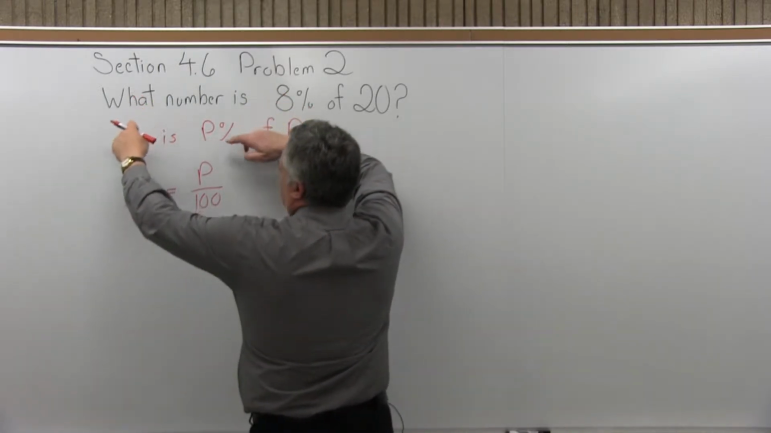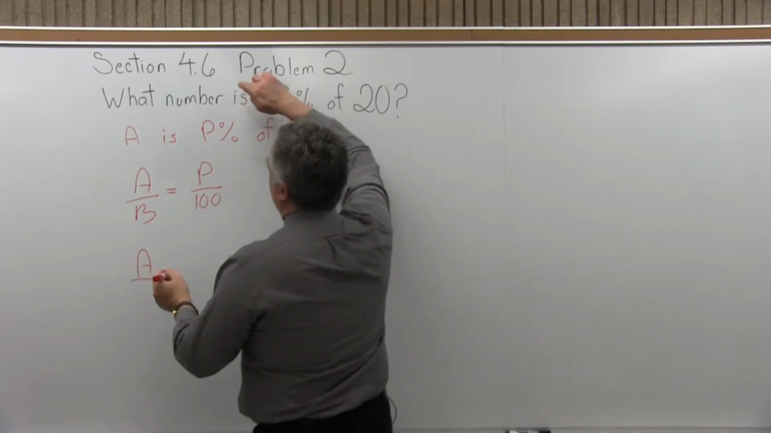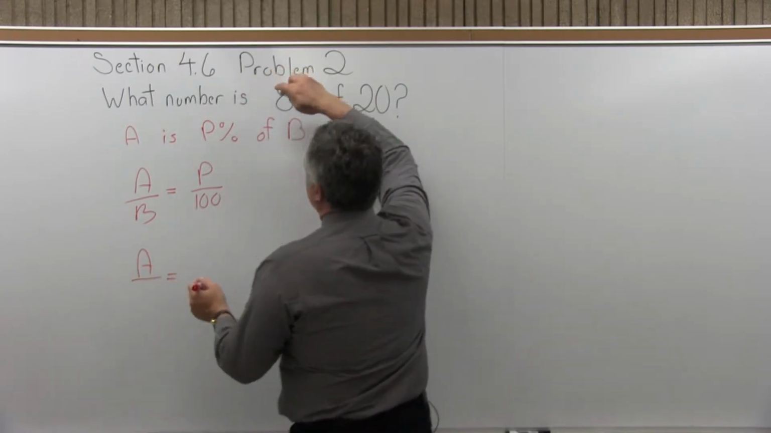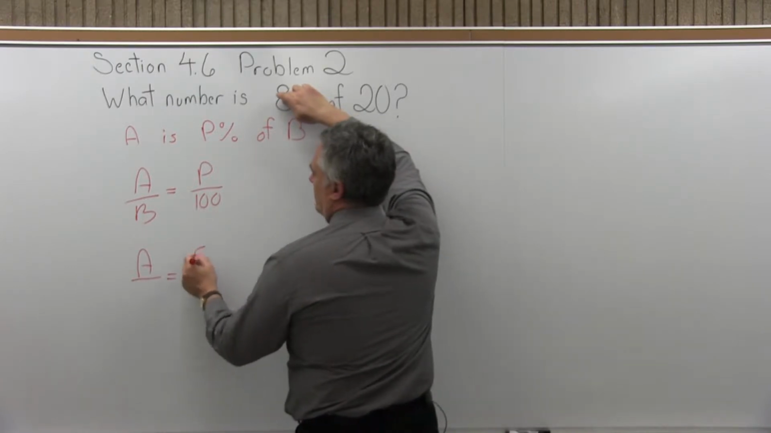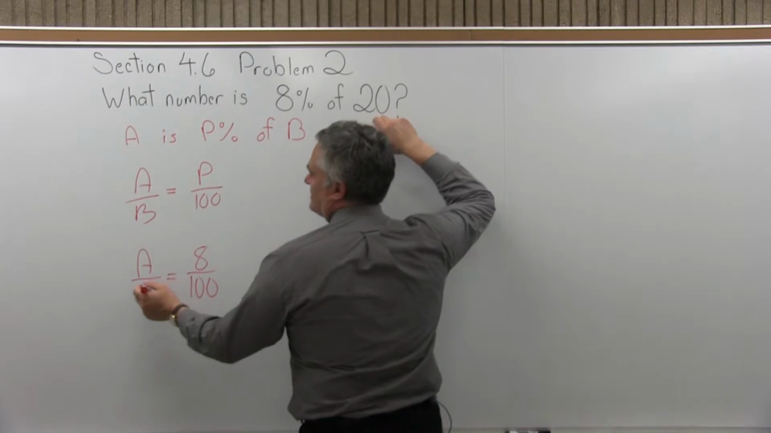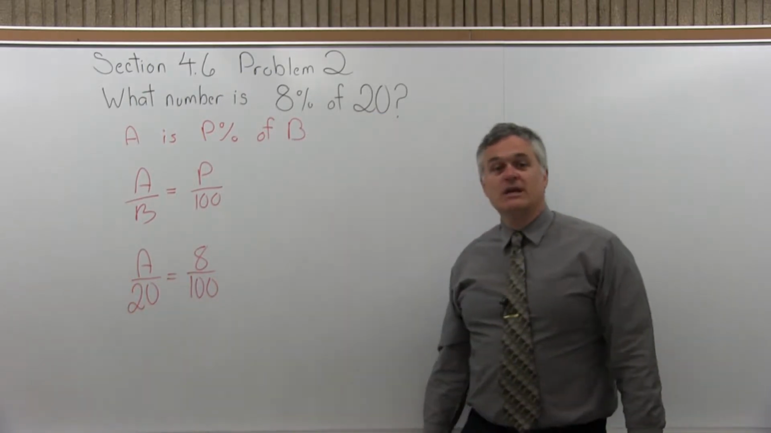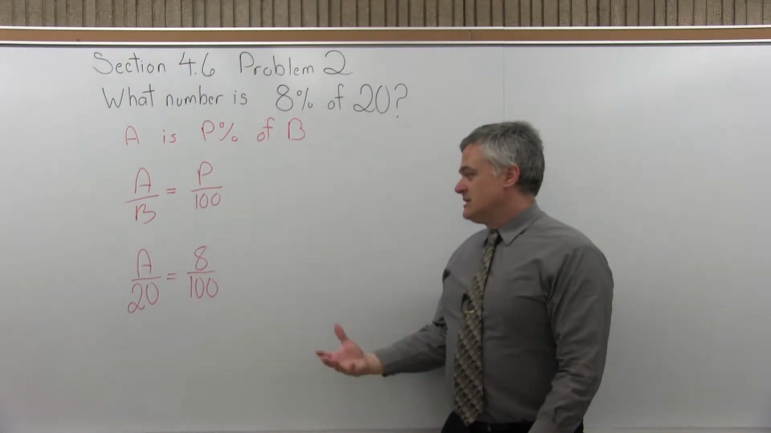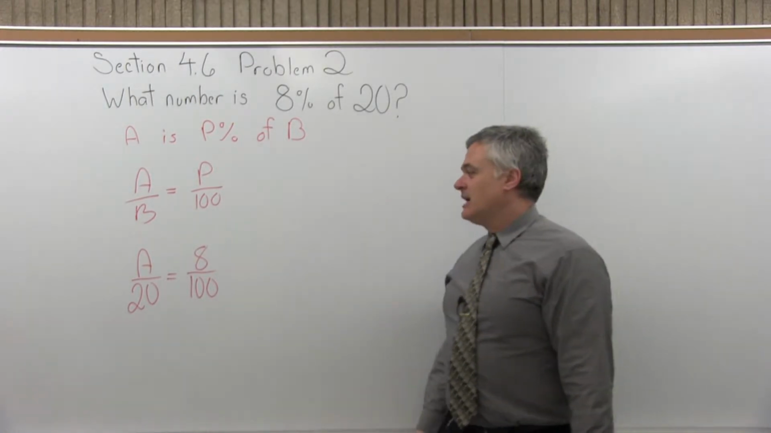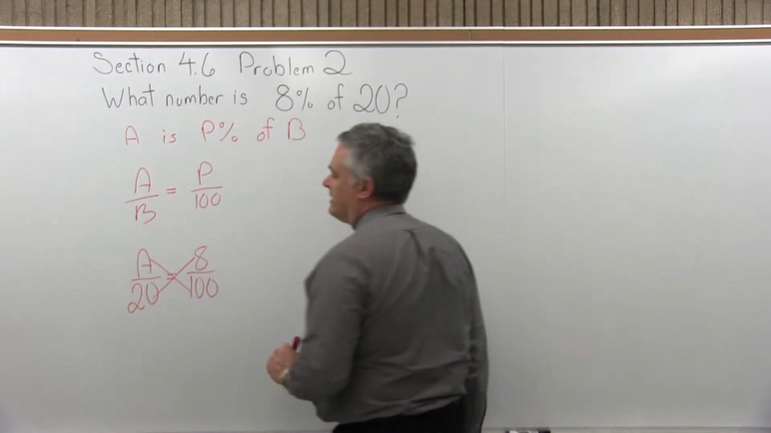So what number? That's the unknown. That's just going to stay as a variable. A is becomes an equals 8%. So 8% is 100 of B. So B this time is the 20. So we have A over 20 equals 8 over 100. This is our proportion. And now to solve a proportion like this, what we do is we cross multiply and